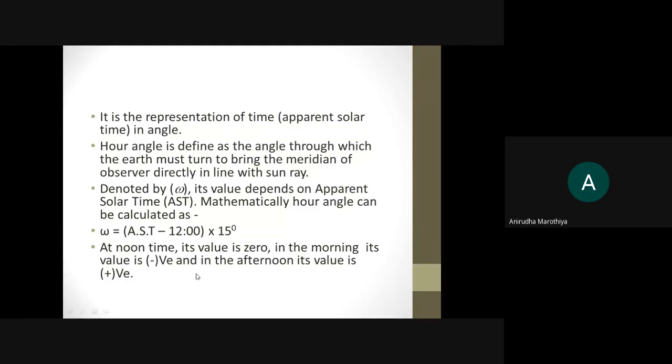तो ऐसा भी हो सकता है कि आपको क्वेश्चन पूछो कि what will be the value of omega during noon time, और ऑप्शंस रहेंगे 0, -90, +90, 1. So you should know the value of omega at noon time is 0. मैं ऐसा भी क्वेश्चन पूछ सकता हूँ कि the nature of omega during morning time is positive or negative. It depends upon the position of sun. तो मैं कंफ्यूजन वाले ऑप्शन भी आपको पूछ सकता हूँ. But you should know these concepts very clearly. Are you getting my point?